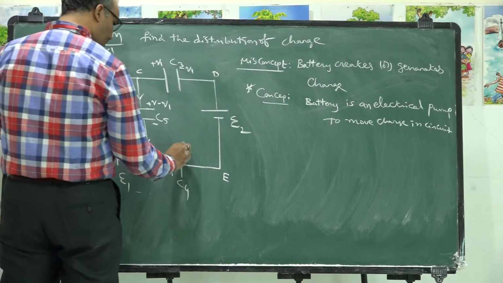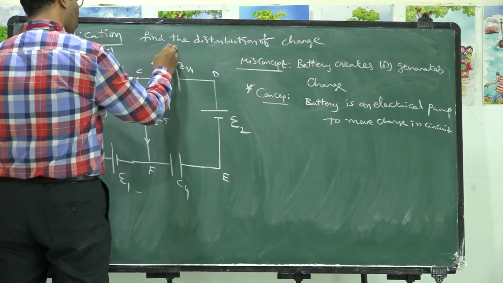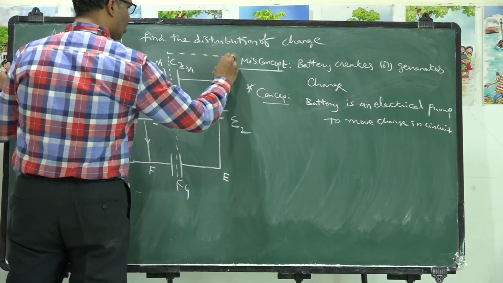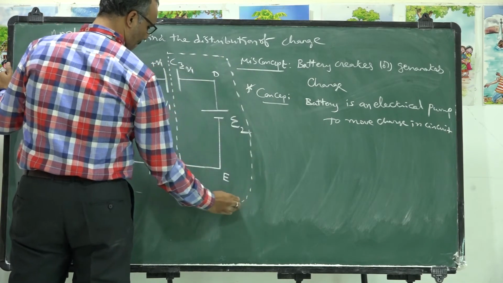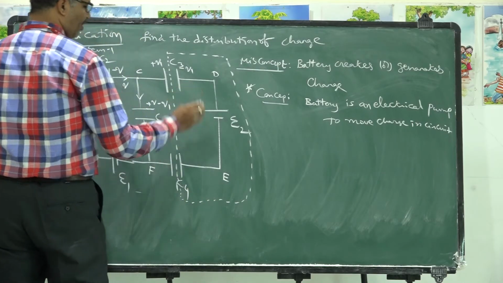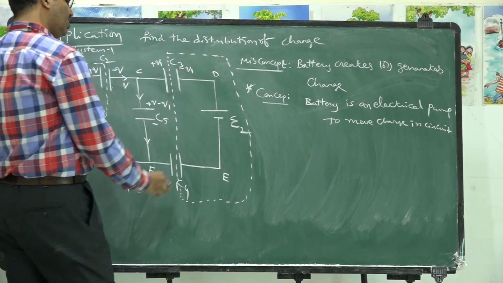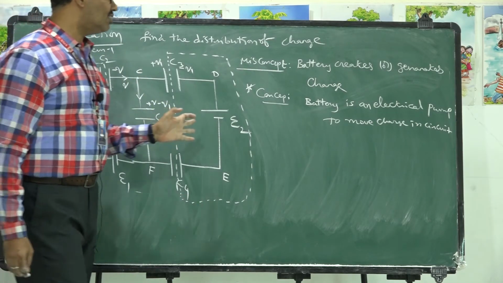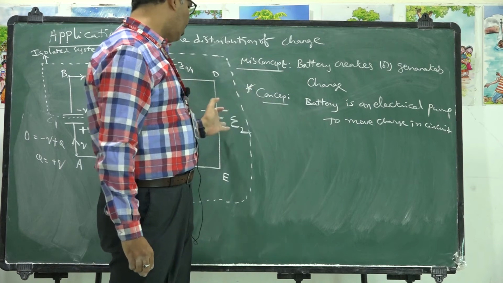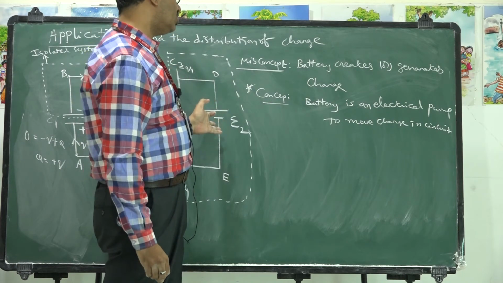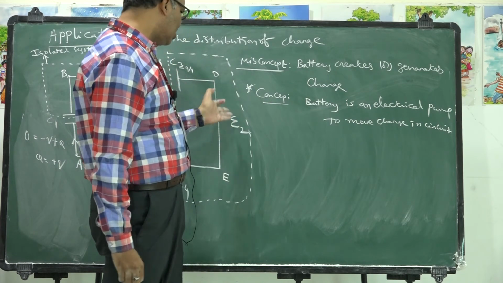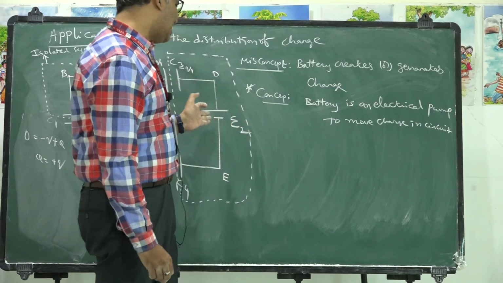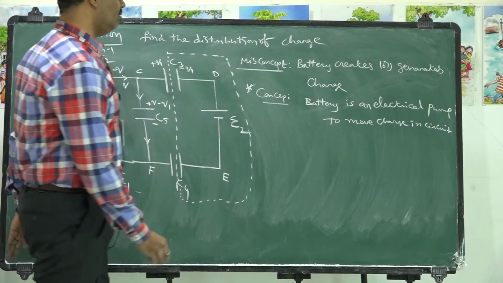And in order to understand the charge available on this plate, let me take one more isolated system. This is the second isolated system I am considering here. This isolated system includes the battery. The battery can be included because it is not going to generate a charge or destroy the charge. It is just pumping the charge, like a pump. So no need to worry about this battery. So batteries can be included in an isolated portion of a circuit.